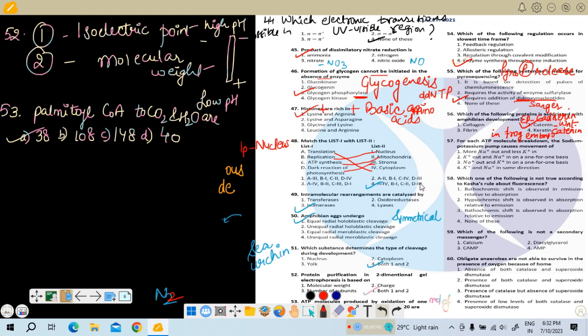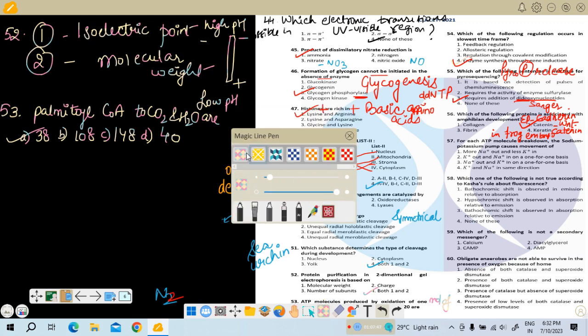57. For each ATP molecule breakdown, the sodium potassium pump causes movement of more Na positive out and less K positive in, K positive out and Na positive in on one-to-one basis, Na positive out and K positive on one basis, K positive and Na positive in same direction. So 57th,